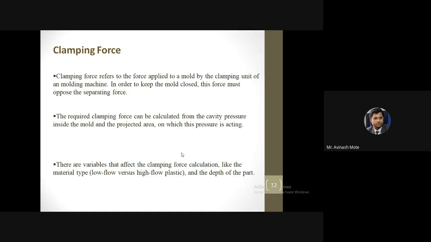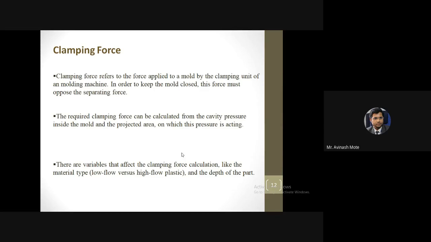Let's take an example of wall thickness: a product having large wall thickness and a product having small wall thickness. When the product has large wall thickness, we have to pressurize it with a very high pressure so that the material will flow towards the wall and we get a wall with huge thickness. That time also we need a high pressure. In case of small wall thickness, material will easily flow around the plunger, around the ram, so we may not need a high clamping force.